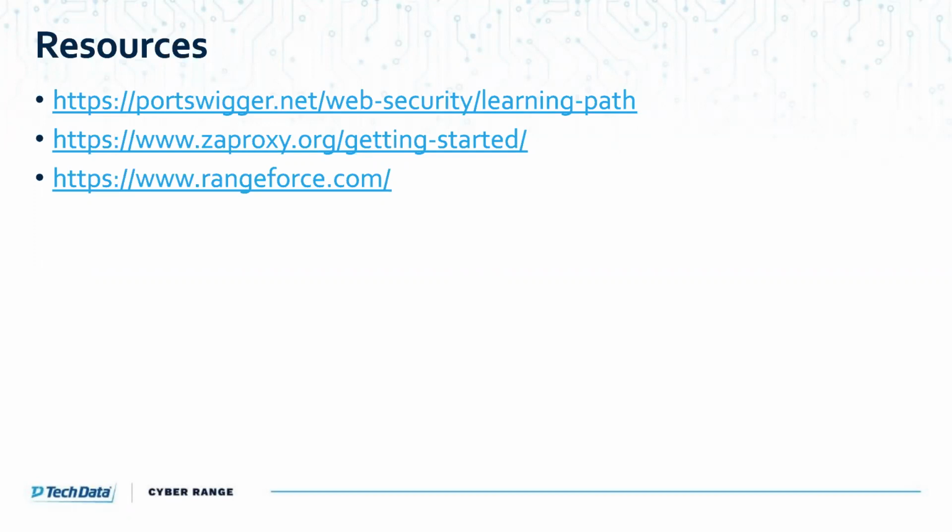PortSwigger has a learning path for web application hacking. So if you begin to use Burp, it's good to go through PortSwigger's learning path. It is available. It teaches you how to use Burp related to web application hacking and web application assessments and research. So that's why we wanted to call that one out. The ZAP proxy, this is the OWASP ZAP proxy that we mentioned earlier. They have a getting started documentation. They also have some videos that can be used to learn more about how to use ZAP and its functions